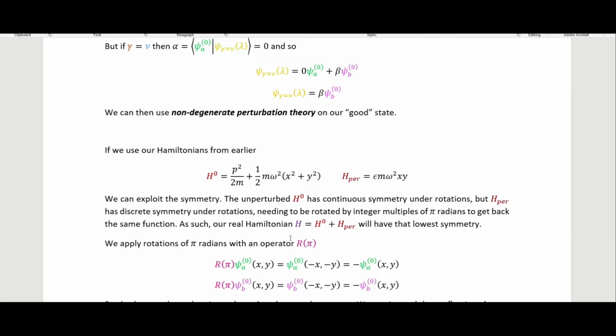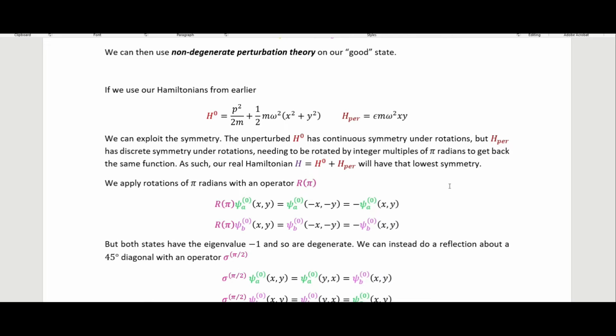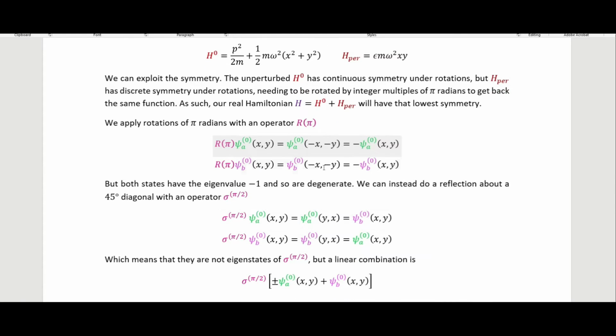And so as such, our Hamiltonian, which is this H here, will equal our ideal plus our perturbation here, and will have the lowest symmetry. So the highest symmetry is the one that's continuous. The other one has the pi radian symmetry, discrete symmetry. So that's the lowest symmetry. And so that's what we will use here. So if we apply our rotation by pi with some operator R of pi here, what we get is just both of these having a -1 eigenvalue, and so these are degenerate under this